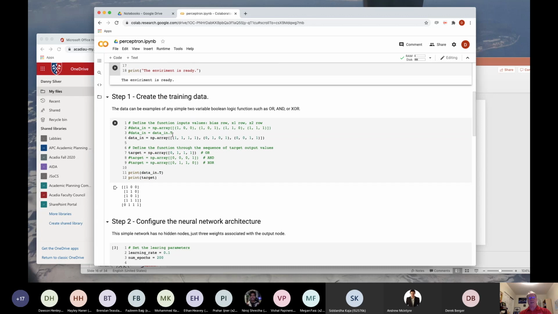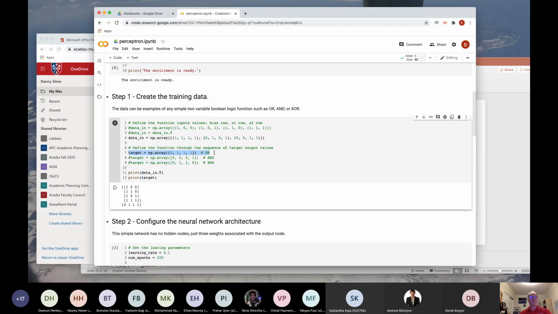Now, we don't have to read in any data here. We're not going to encumber you with having to deal with all of that. We're just going to set up the data immediately right in the code. And in this case, we're going to be initially looking at the OR function. So this is the target values for the OR function. The input values are being defined right here. So this is our collection of 00, 01, 10, 11. And we also have the bias input. So we're also having our bias input added on here.